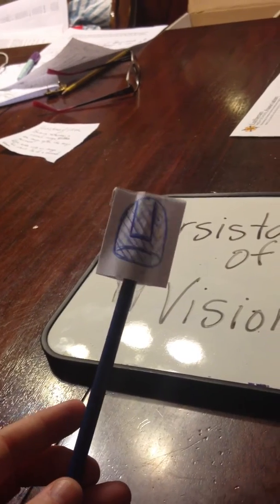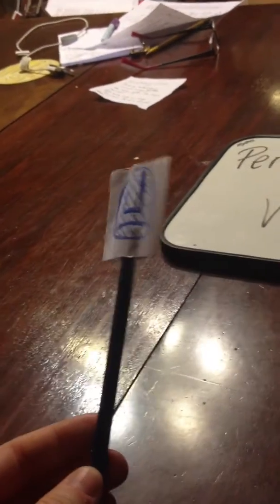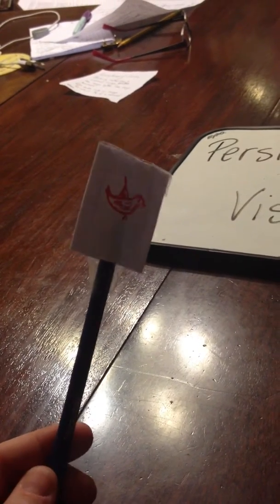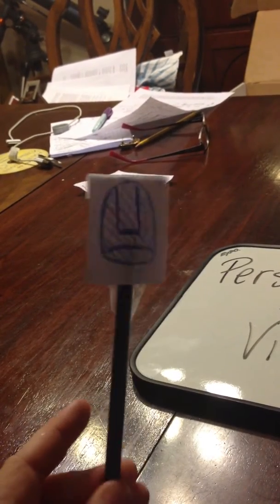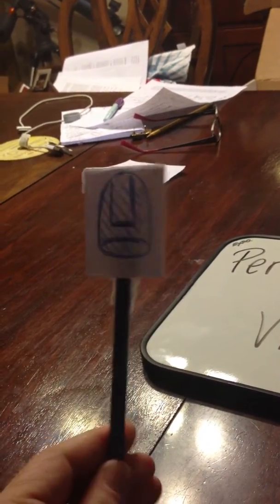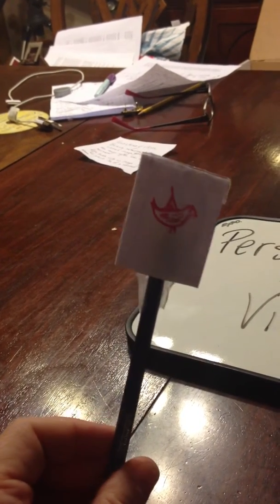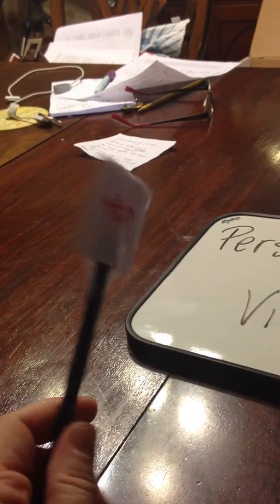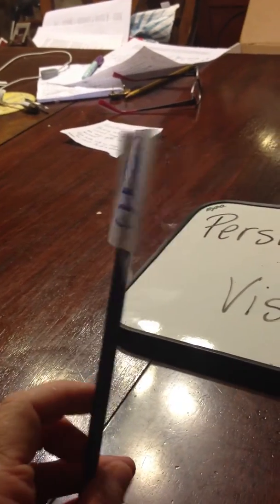This is something I brought in, and it's just a picture of a bird cage on one side of a pencil. And if you turn it over, there's a picture of a bird on the other side. If you would spin this really quickly in your hands, which I can't do two-handed, persistence of vision would make it look like the bird is inside the cage if you do it really, really fast with your hands. Some other things that use persistence of vision,